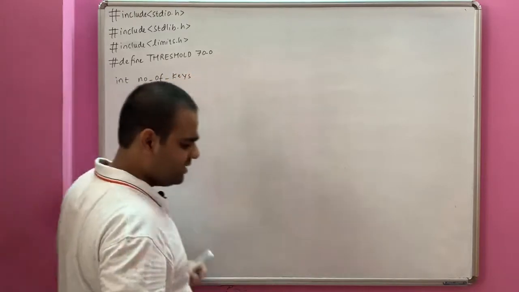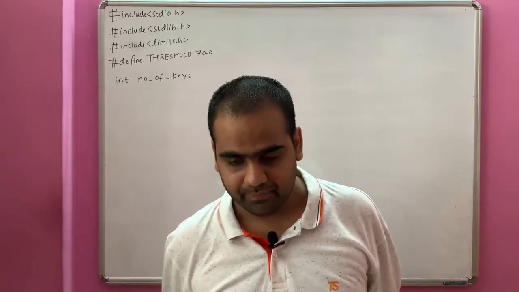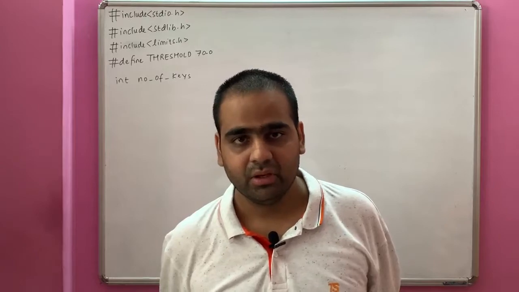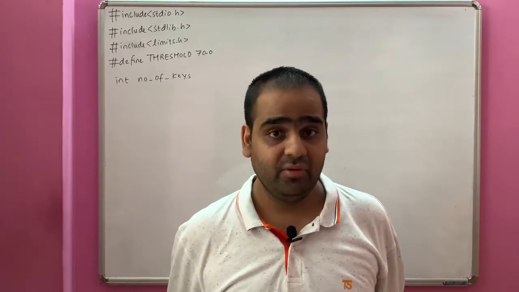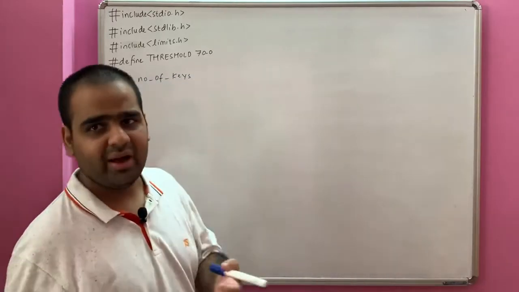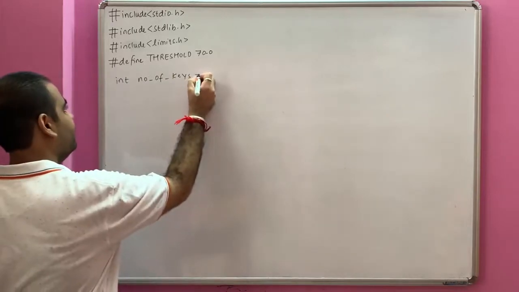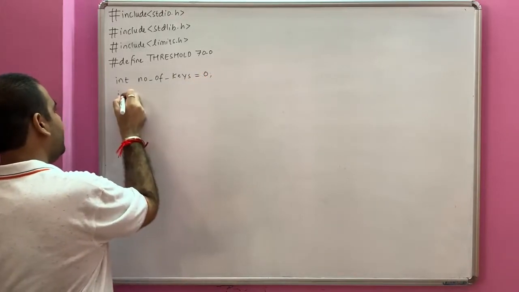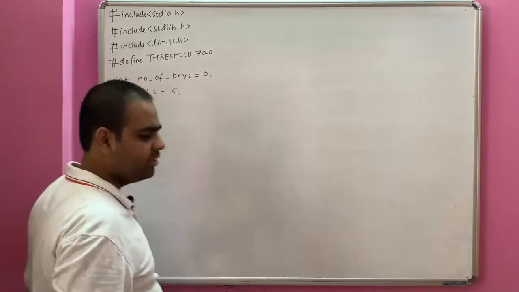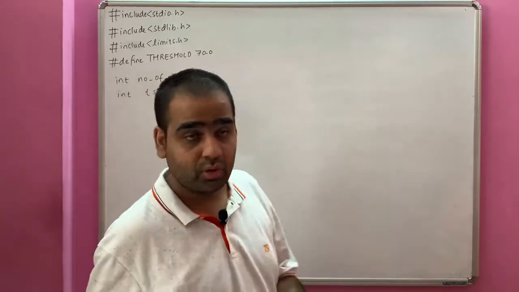And why do we take this as a global variable? The question comes because this number of keys will be changed in different functions. It will be changed in the add key function as well as whenever we rehash, and in other functions we write. Again and again, to avoid passing of the parameters, here I am taking it as a global variable, equal to 0, and we are taking the table size. Let the table size to begin with be say 5. TS is table size. Now global variables are the ones which can be used throughout the program.